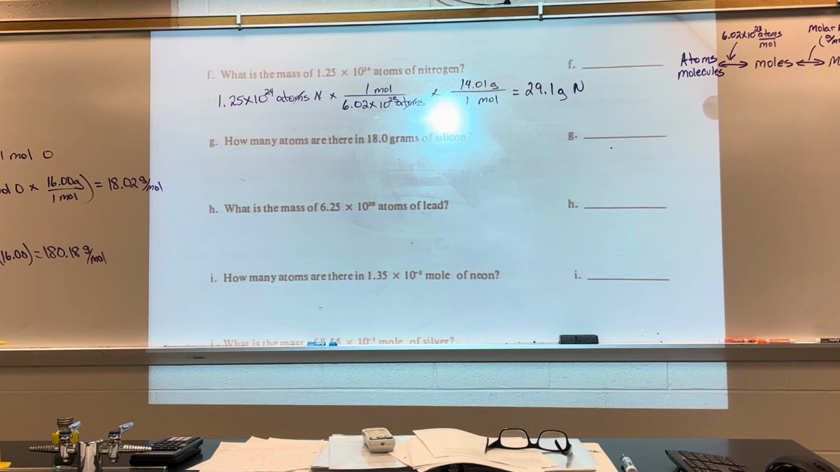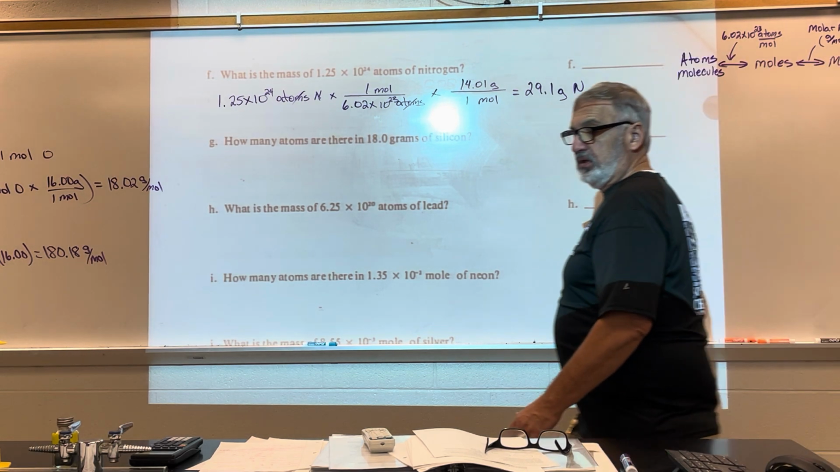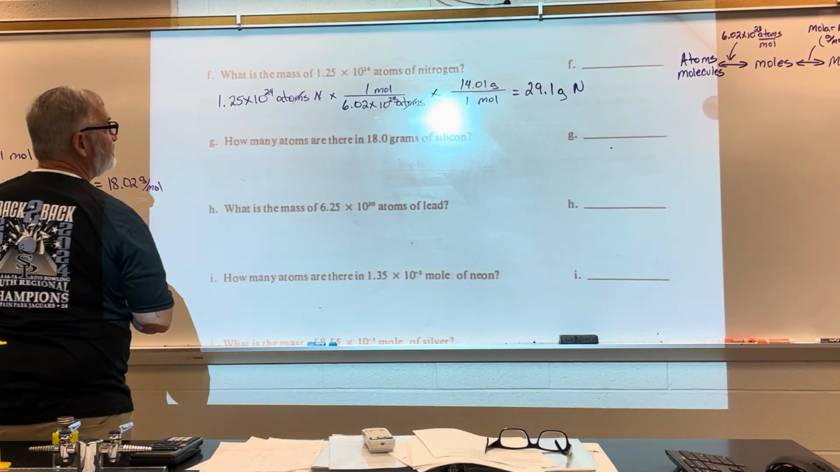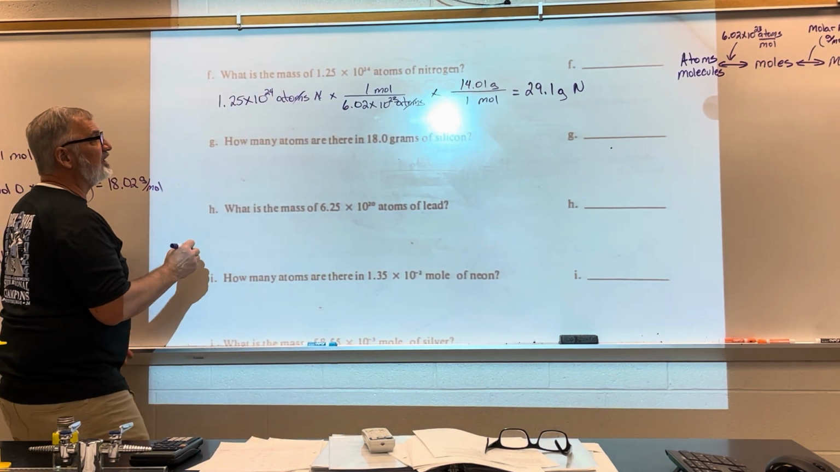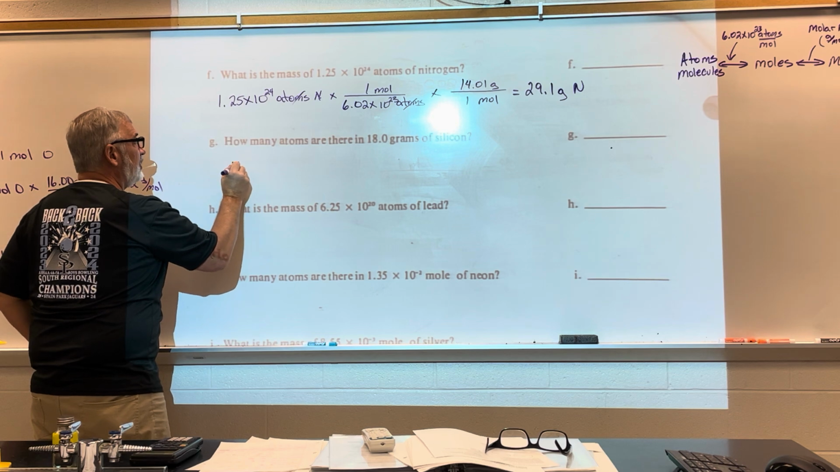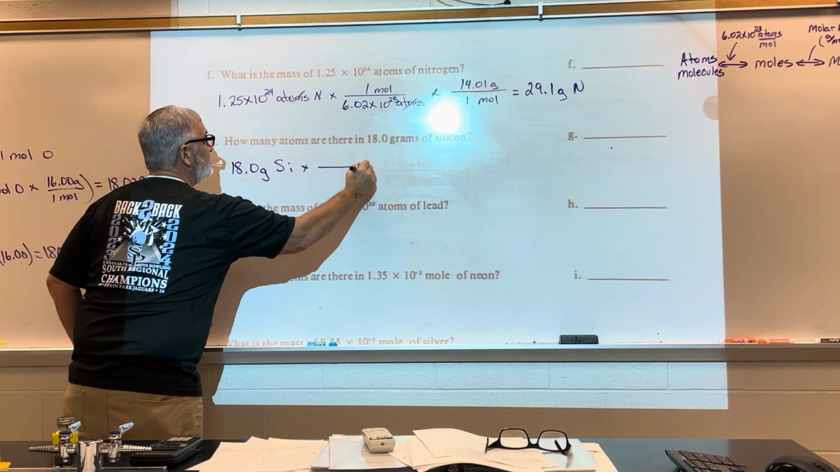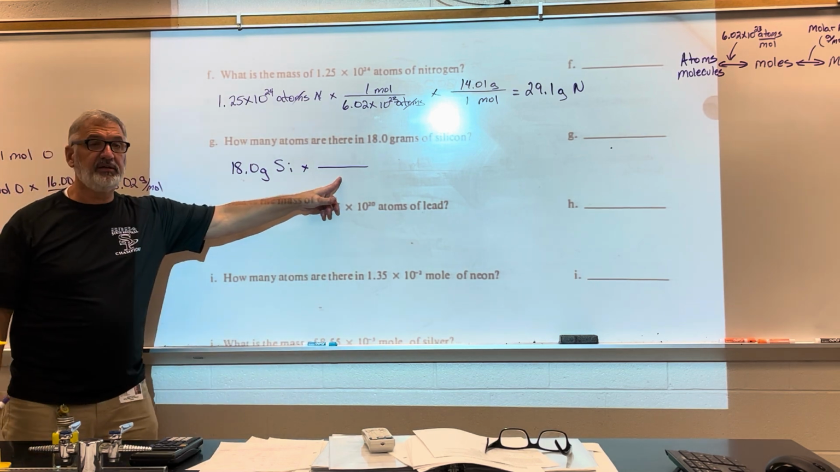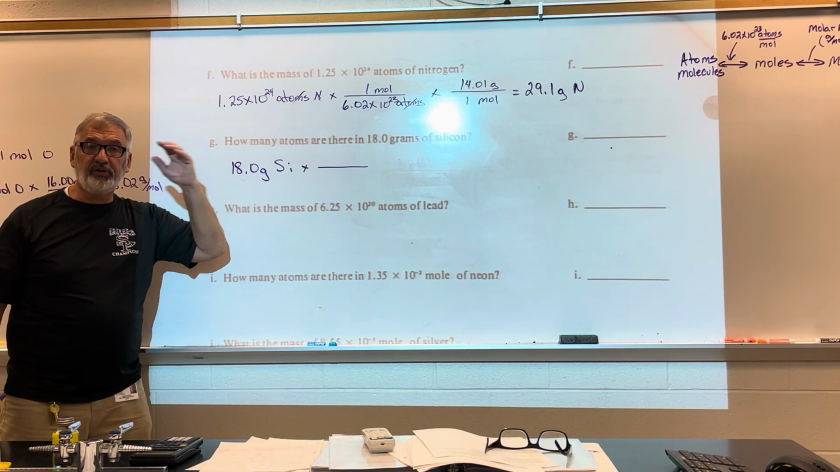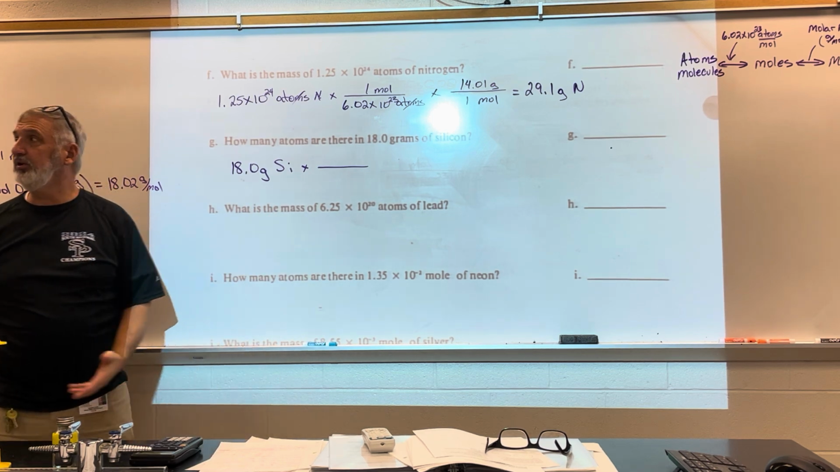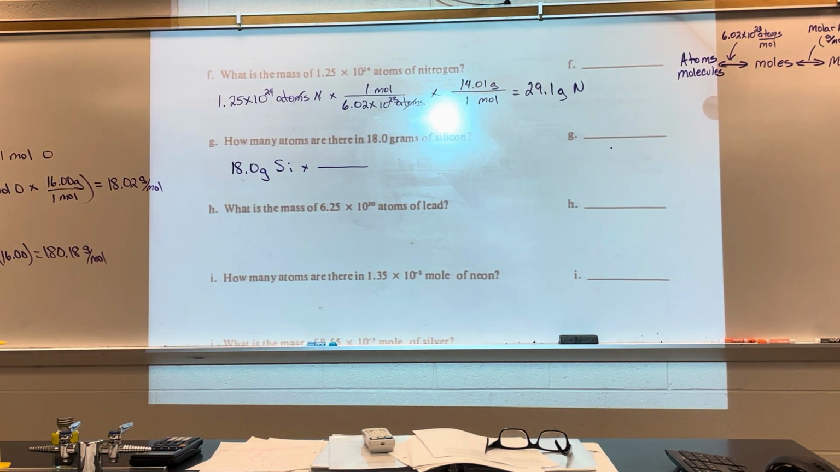All right. If you haven't finished these, you can finish them. You can just kind of copy here, but how many atoms are there in 18 grams? So I know I'm going to start with 18 grams of silicon. So since I have grams, what has to go here? Grams. So what's the only thing with grams in it? The atomic mass. So you go to the periodic table and you see silicon, it's going to equal